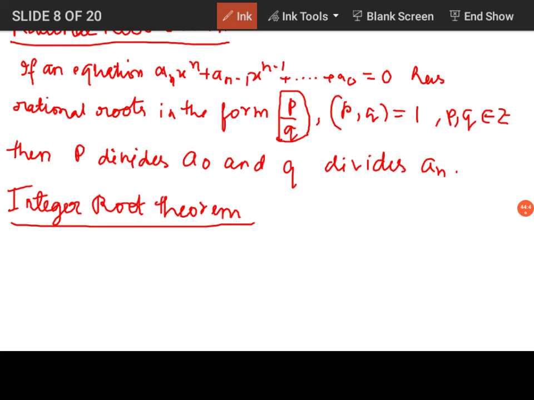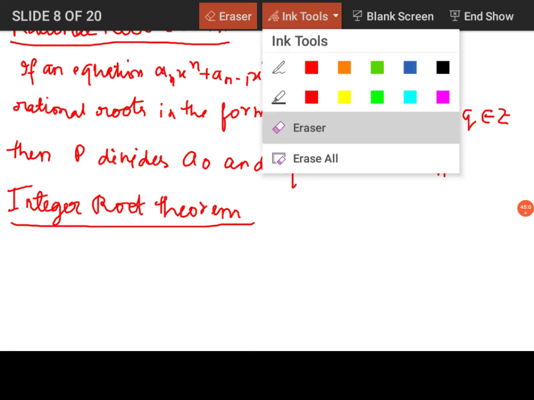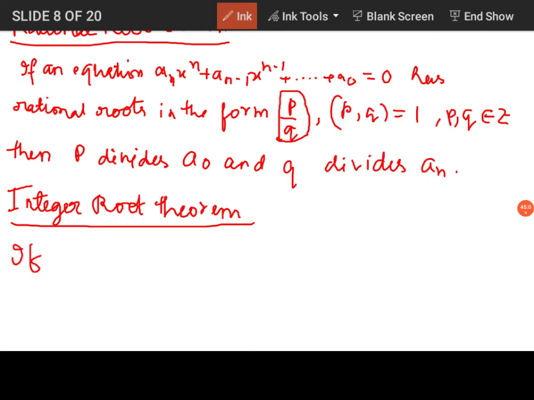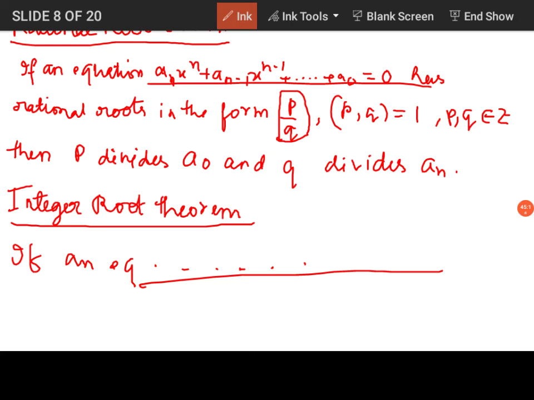So if q is 1, then can you tell me how the theorem will now be constructed? Okay, let me write the definition, then I will explain. If an equation, again you can write all of this here, has integer roots,